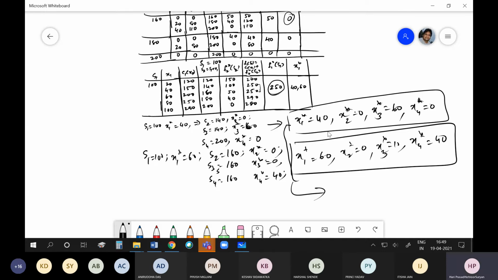Here also you can see that dynamic programming can be very effectively used to solve such a complicated problem. Okay, so is this clear? Yes, sir. Okay, so this is how we can solve many multi-stage decision making problems. Using dynamic programming, we can solve them very effectively.